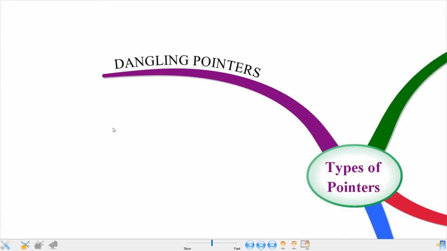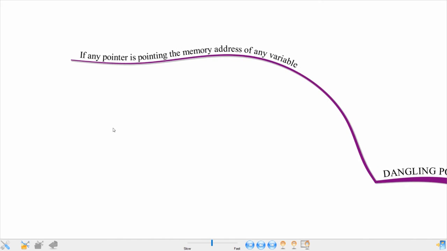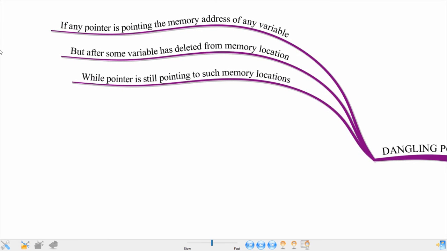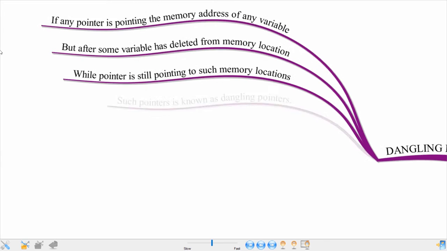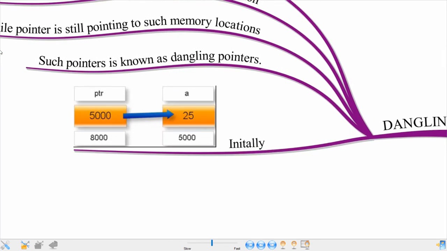Another type of pointer is known as a dangling pointer. What is a dangling pointer? If a pointer is pointing to the memory address of a variable, but after some time the variable is deleted from the memory location and the pointer is still pointing to that memory location, that type of pointer is known as a dangling pointer. For example, see carefully: this is my variable a having the value 25 and the address is 5000.